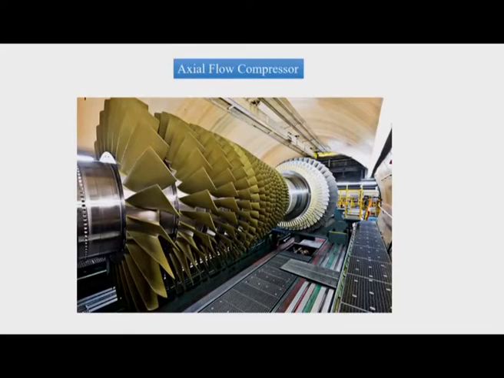Having looked into the centrifugal compressor and the velocity triangles and the performance estimation, like work input, pressure rise, and temperature rise for the centrifugal compressor, we are moving towards the next compressor, which is the axial flow compressor. A typical axial flow compressor is shown in one of the photographs in the first slide. This is an industrial scale, very big axial compressor.